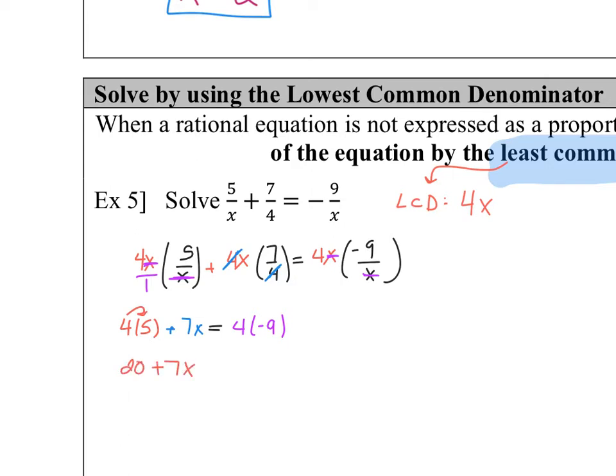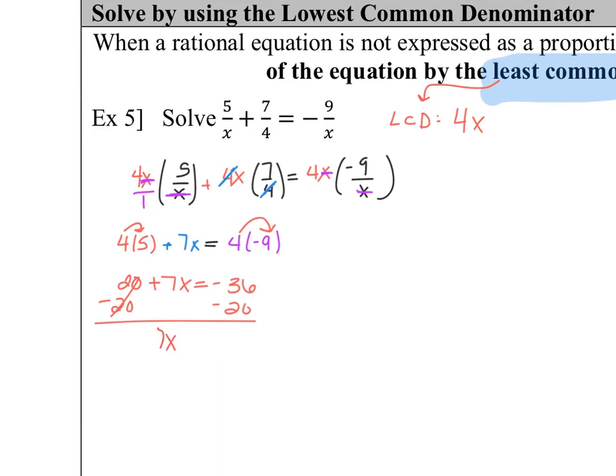Plus 7x equals negative 36. 4 times negative 9. This is a simple two-step equation. Subtract the 20. 7x is equal to negative 56. Divide by 7. X is equal to negative 8. Okay, just like before though, we need to take this